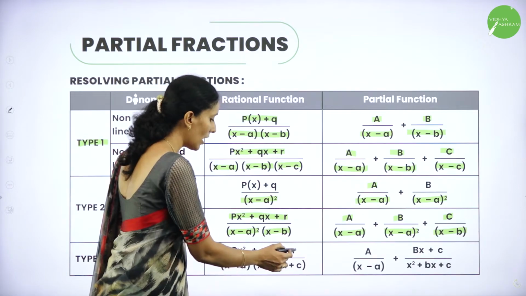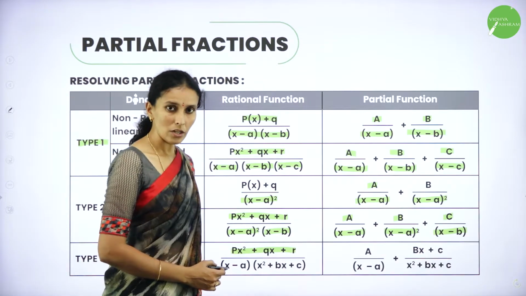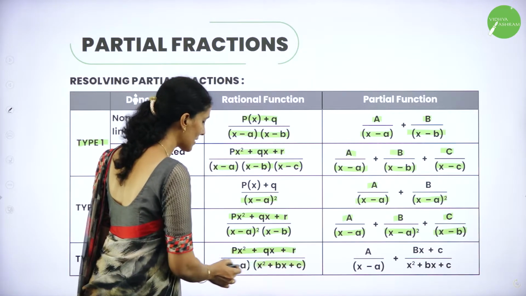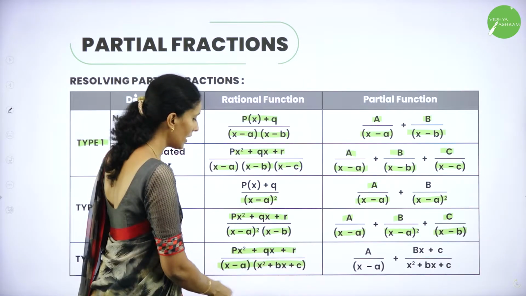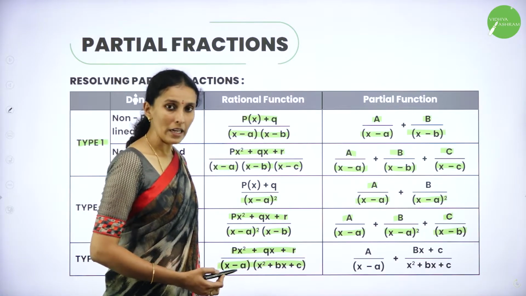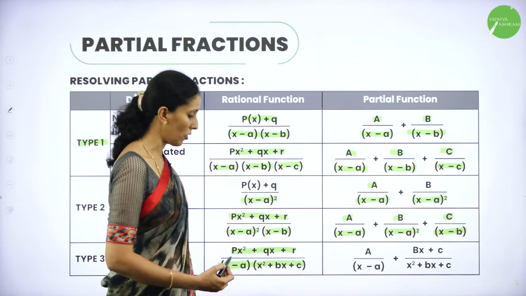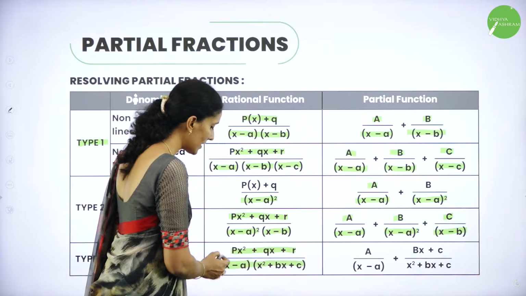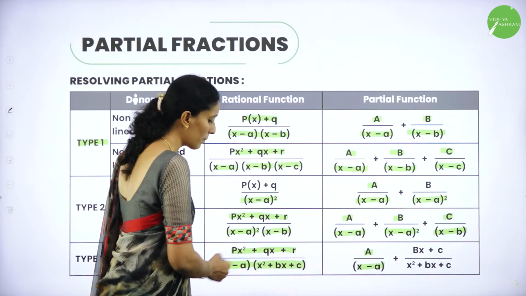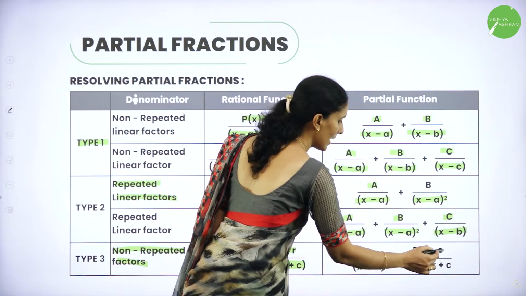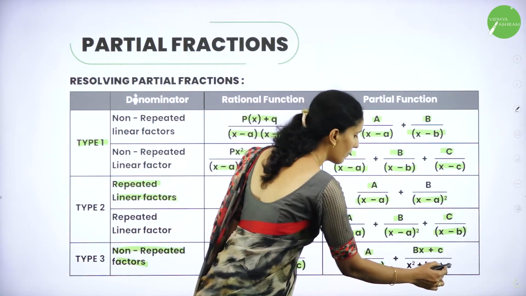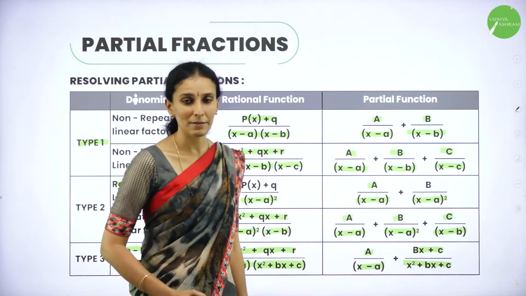Suppose you have a polynomial in the numerator which is quadratic or linear, and you have factors like this. One is linear here and another one is quadratic. Linear means degree 1, quadratic means degree 2 polynomial. Then you can write this as A divided by x minus a, and this quadratic polynomial can be written as